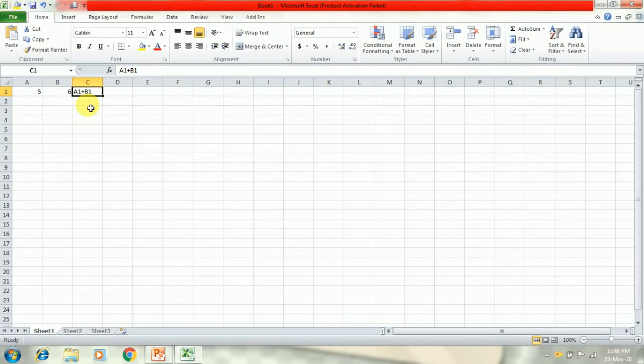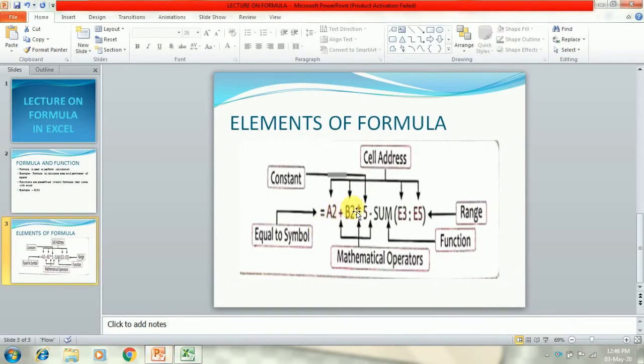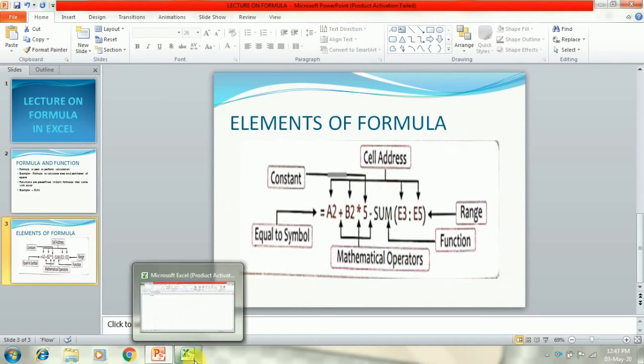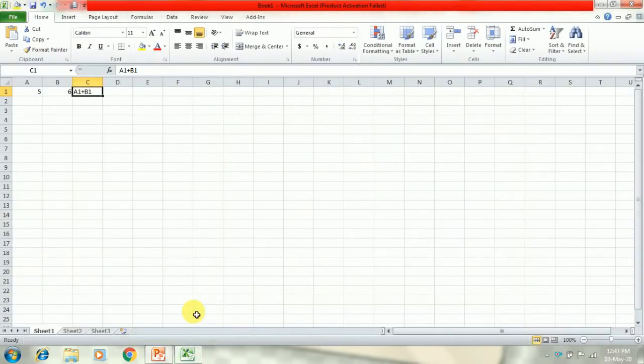Next element is cell address, which can be used in a formula. Now, what is a cell address? These rectangular boxes are called cells and each cell has an address called cell address. How can we find cell address for a cell?